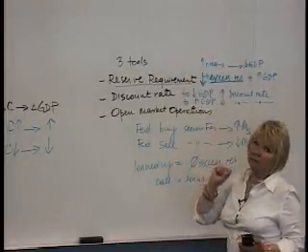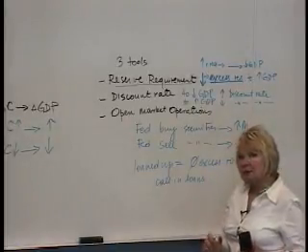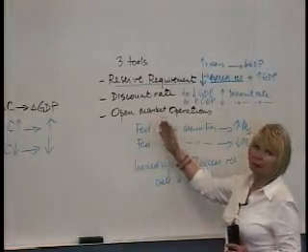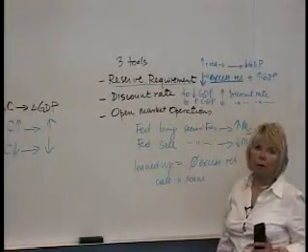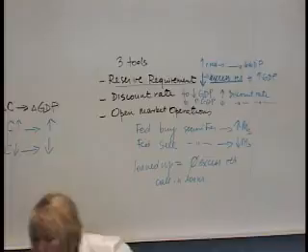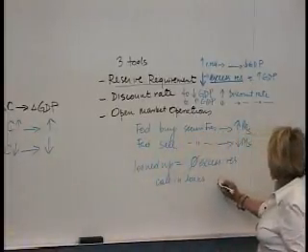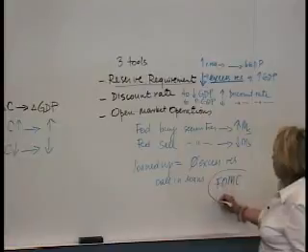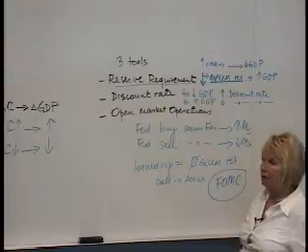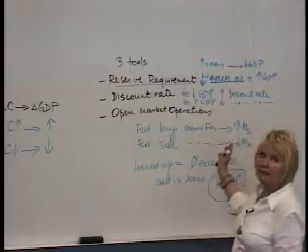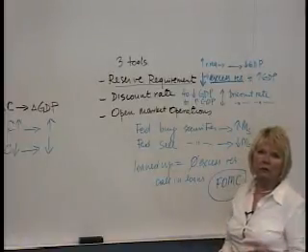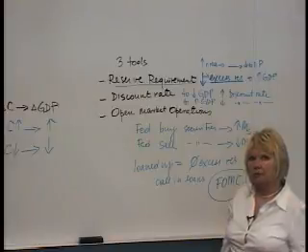This reserve requirement change is the most powerful tool. Because it's so powerful, it's going to be used very rarely. The most often used tool is going to be our open market operations, which is the FOMC, Federal Open Market Committee. And they are in charge of buying or selling bonds in order to influence the amount of money in the economy. The discount rate is really not that important because it is only a last resort situation.